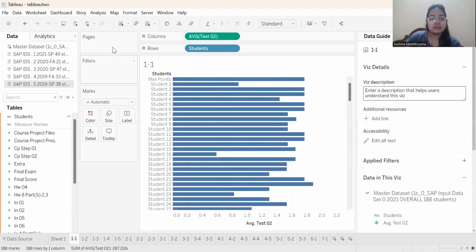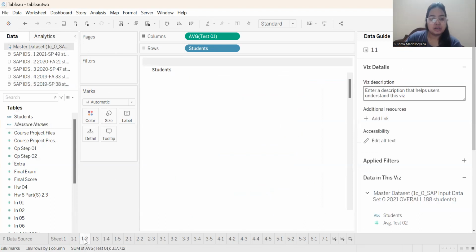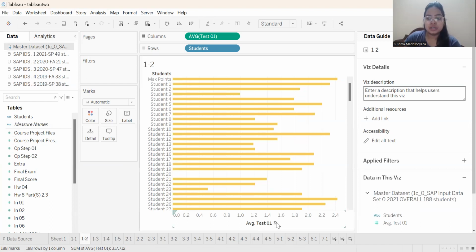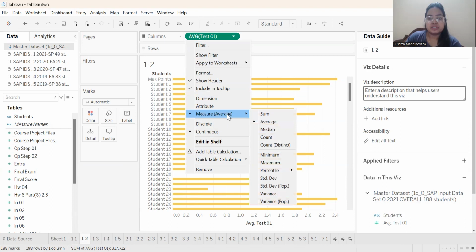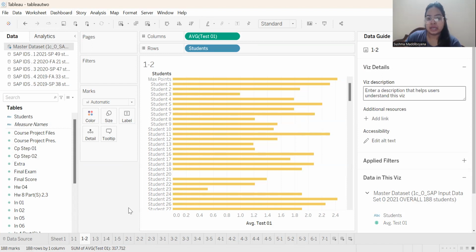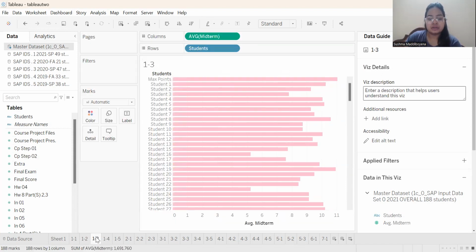Coming to 1.1, here I'm calculating the average of Test 1. I'm considering only the average value. If you click here and select under Measure, you can select Average, not the Sum, because it's required to consider only the average. And in Task 1.3, you can see it's the average